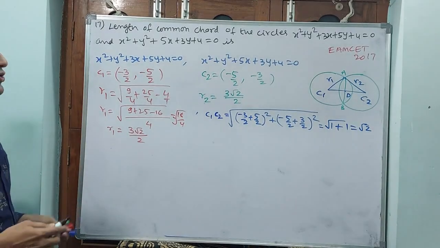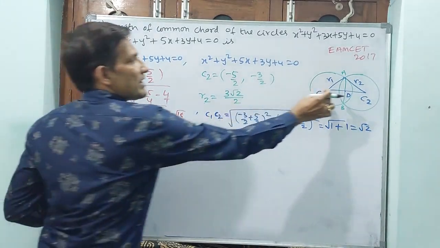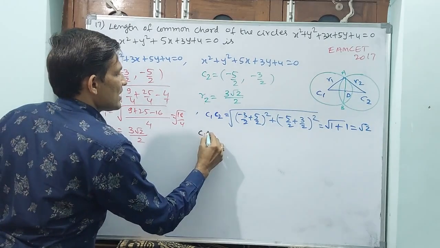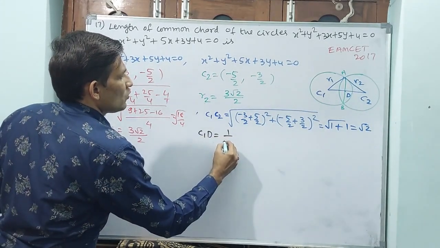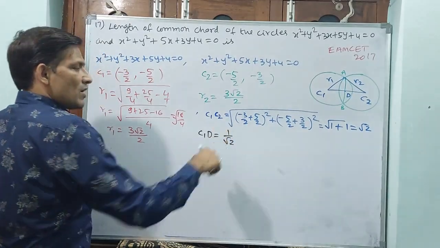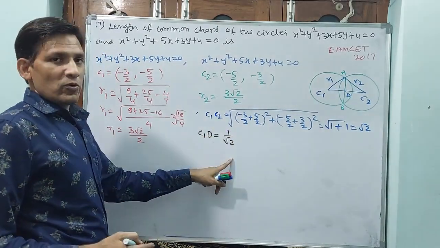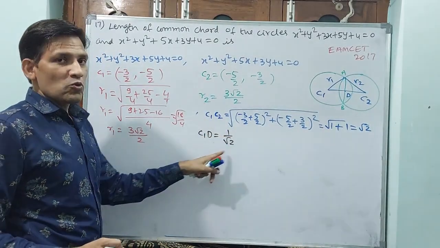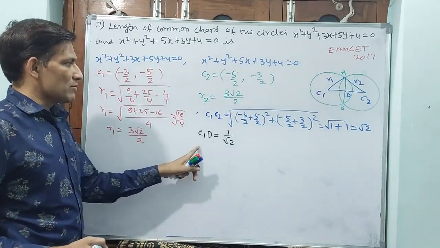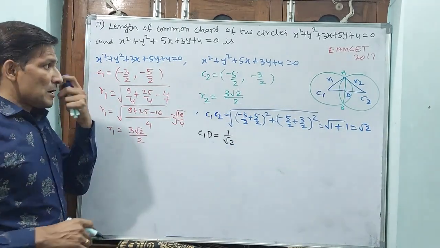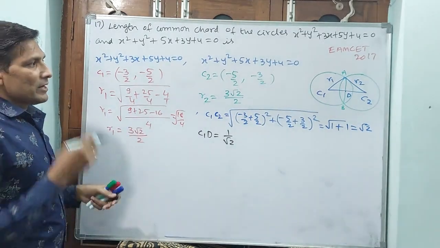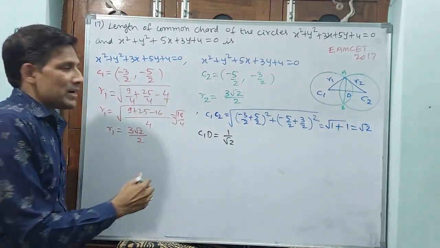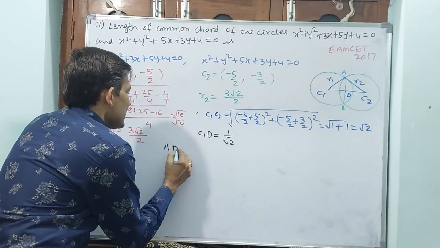That means C1 C2 is root 2 means C1D will be half. C1D is equal to 1 by root 2. Why? Because see, half means actually root 2 by 2 we will write, but root 2 by root 2 into root 2, 1 by root 2 will come. C1D you have got. Radius already you know, R1. Okay, then you see AD, how you are going to find AD? I am writing this AD. AD is equal to,